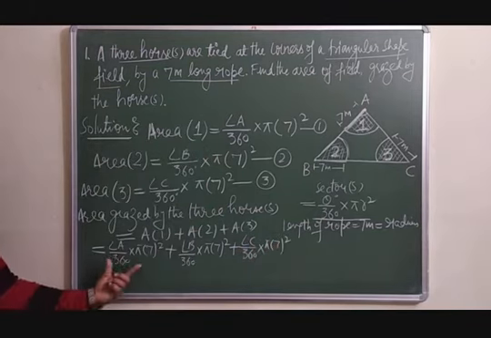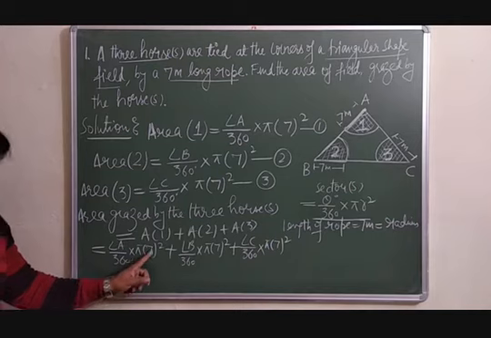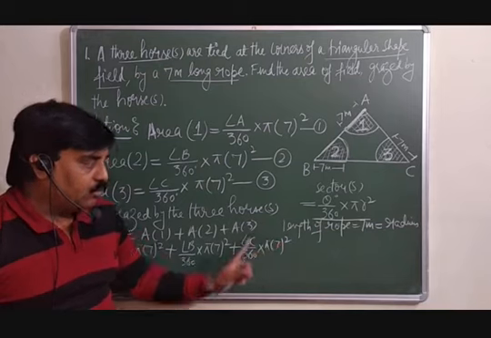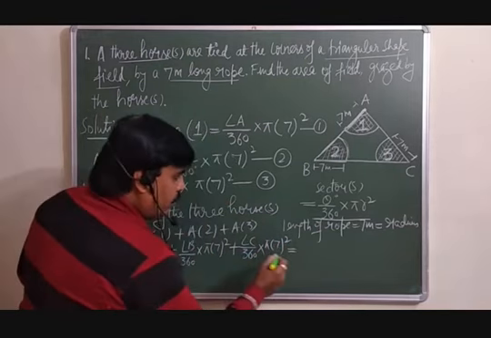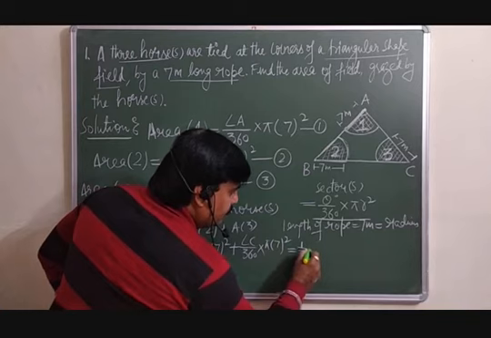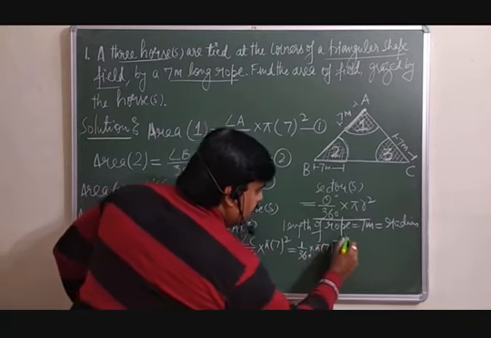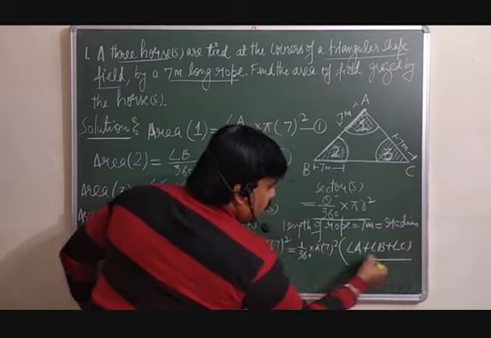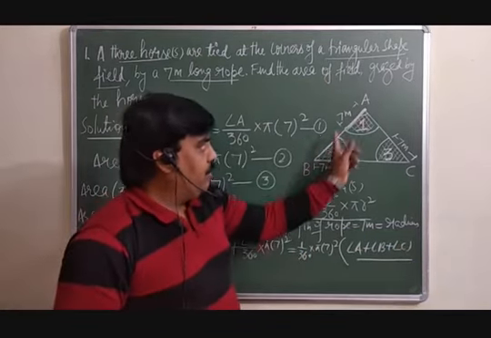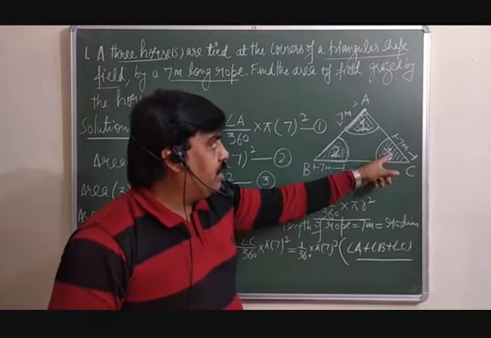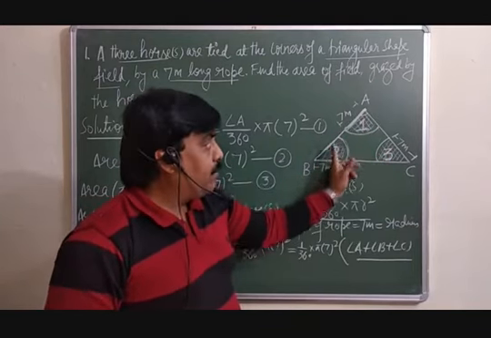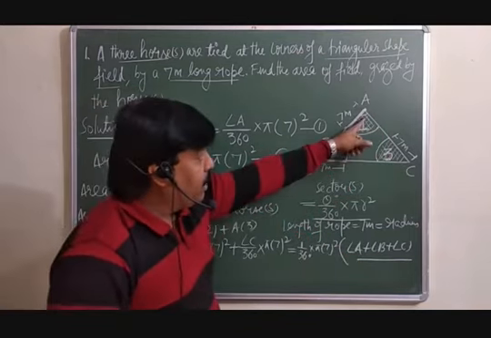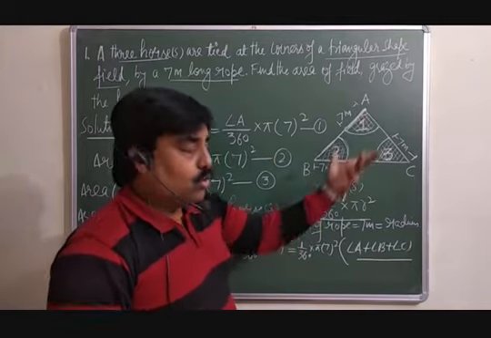अगर देखिए ध्यान से हम देखें तो this is 1 over 360 into pi r square in each term. That is common, so you can take out 1 over 360 into pi 7 square, and you will get angle A plus angle B plus angle C. यही point है. Even though we don't know the angles, we can calculate the area grazed by these three horses. हमें एंगल नहीं पता है फिर भी हम निकाल सकते हैं. In the beginning sometimes you may be confused, so you must calculate it and add them. Automatically the things will come.